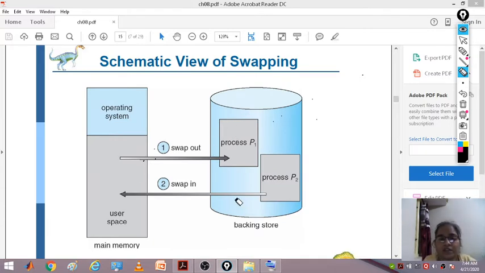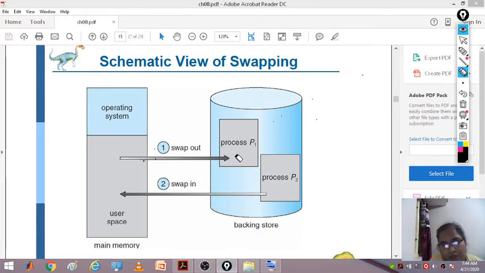Another thing we have is a backing store, the hard disk. Suppose we wanted to bring in process P2, along with several other processes here, but there was no space for P2 in the main memory. So we decided to swap out the process P1.